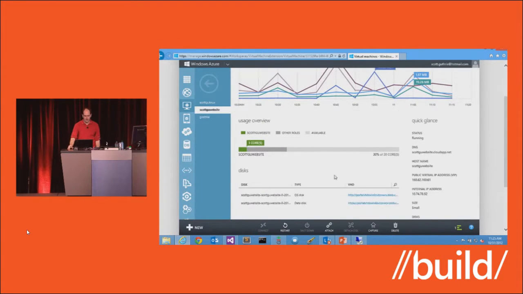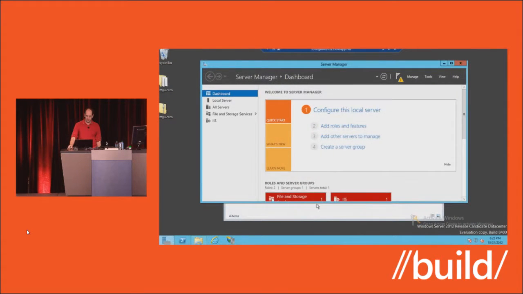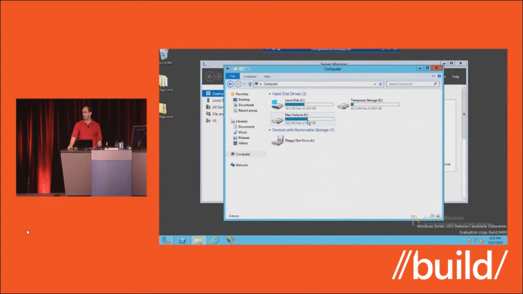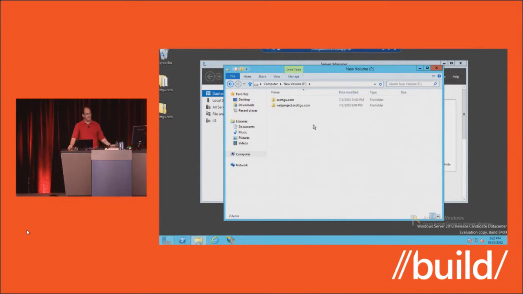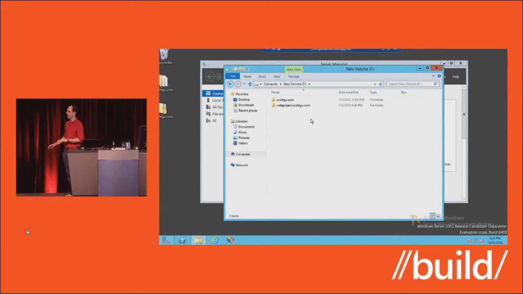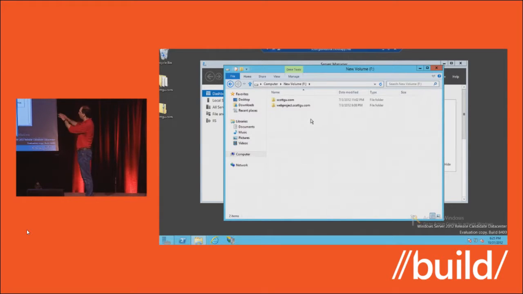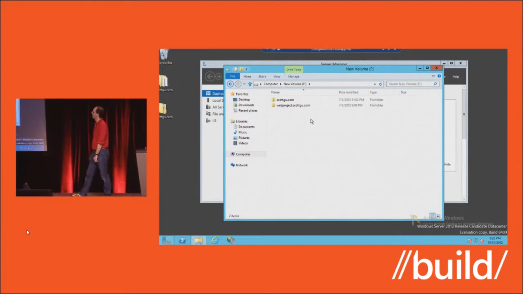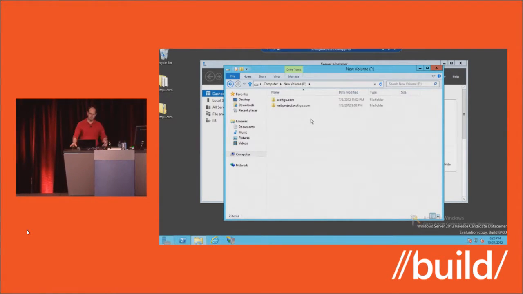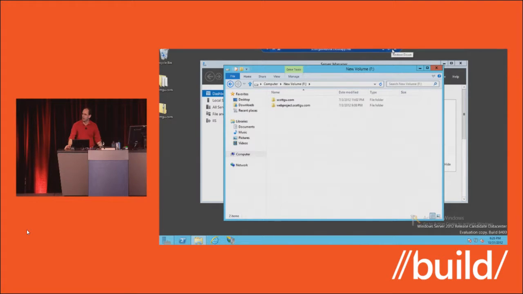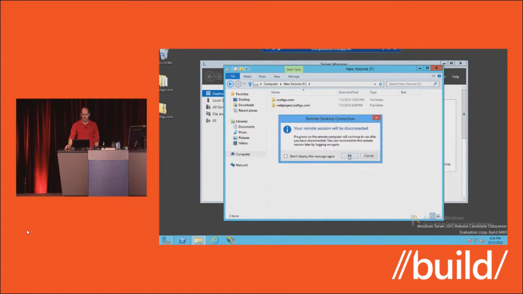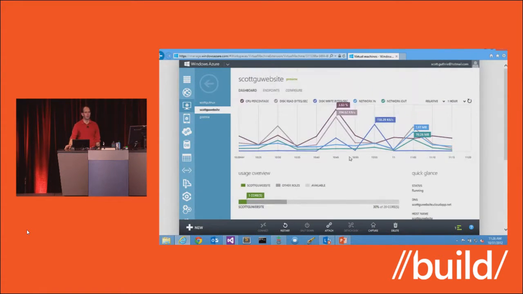You can notice here I've got both an OS drive and then a data disk that I've actually attached to this machine. And if you go into the machine here, you'll notice there's my F volume. And this is that data disk that I've attached, which is separate from my OS partition. And I can basically stick anything I want inside there. Again, all the software that you'd expect to have work just works. And again, I'm full admin on the box, and so I can do anything I want as part of that.